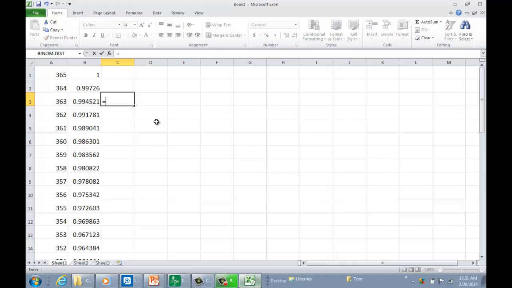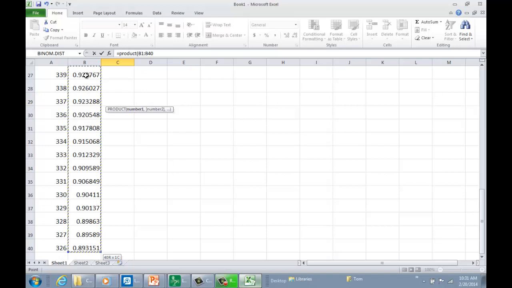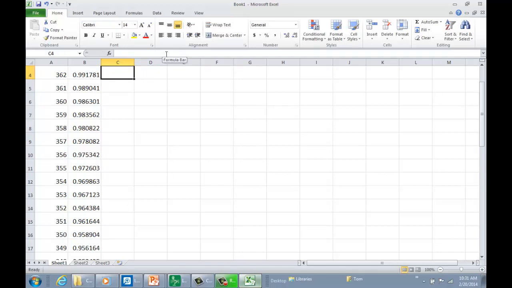Fortunately, Excel has a function for that called product, so I type equals product, left parenthesis. Now I'm going to click in cell B1, press the Shift, the Control key, followed by the down arrow. That highlights all the cells that have data in them. Click up here, complete the formula by closing the parentheses and press equal. Page up key brings me back up here so I can see the product, which is perhaps surprising to be quite small. It's only about